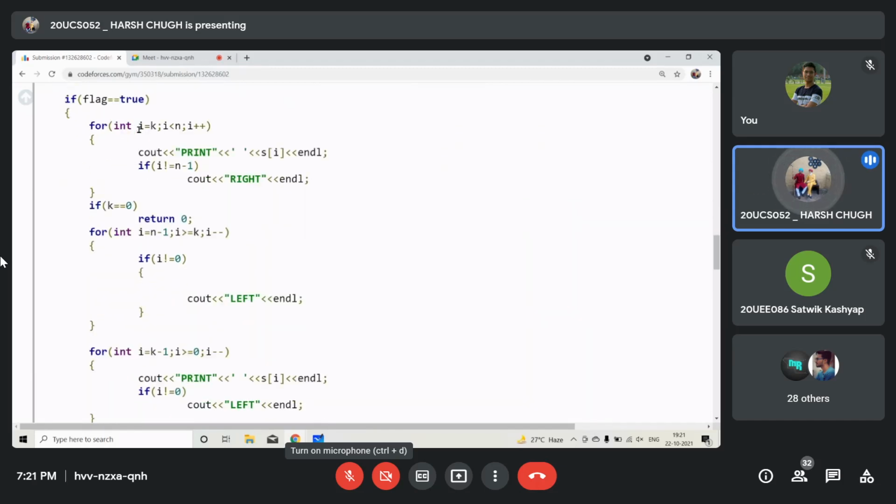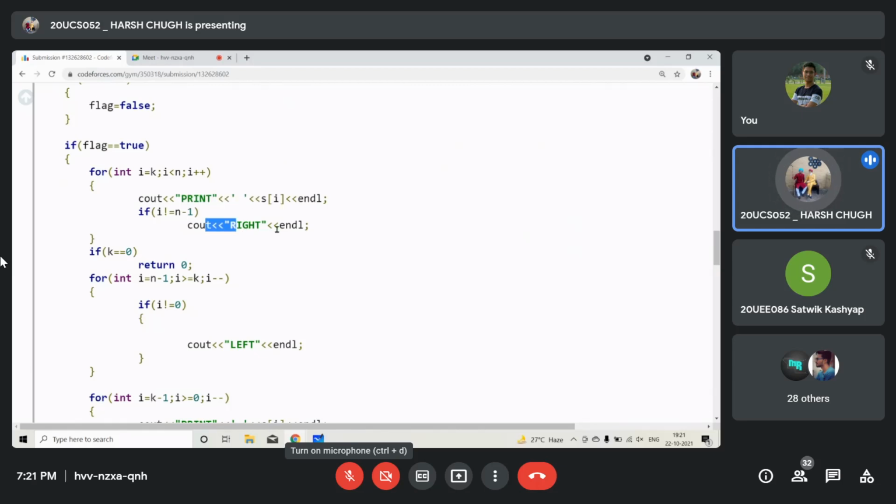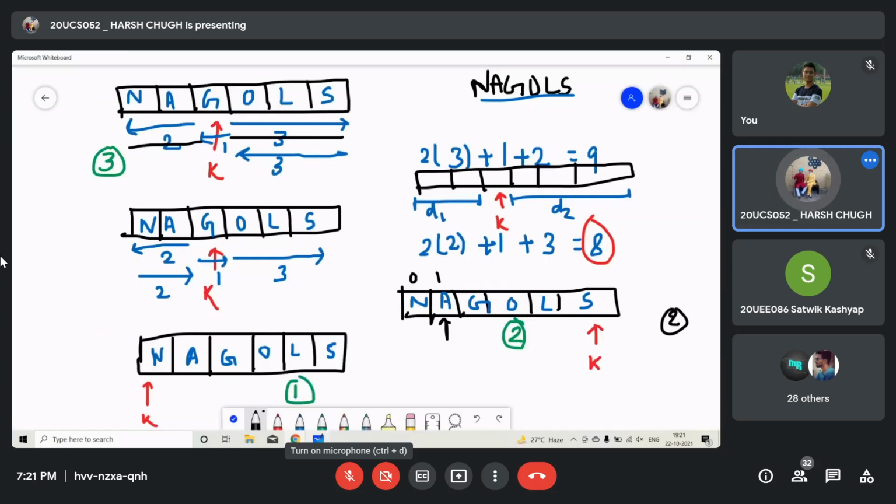So if we were initially at the kth position, we will print that letter. We will print the letter si, and after that we have to go right. How much do we have to go right? Until we are at the last, bottom-most position. So if k was this, we will print the letter, then go right. We will print the letter, then go right, until we are at the last position.